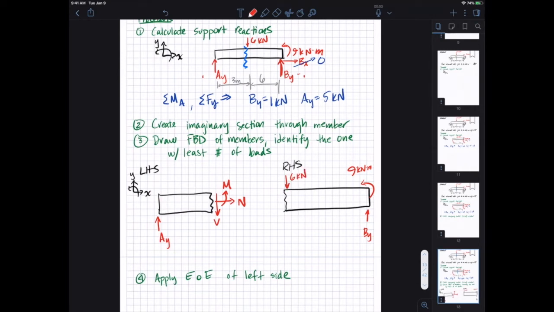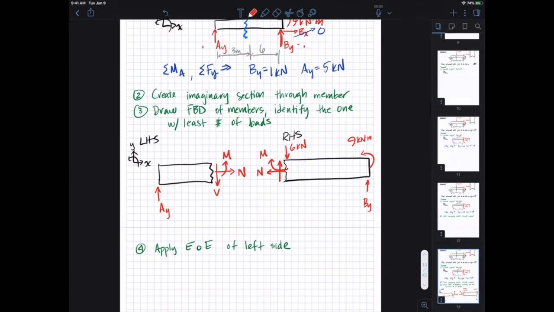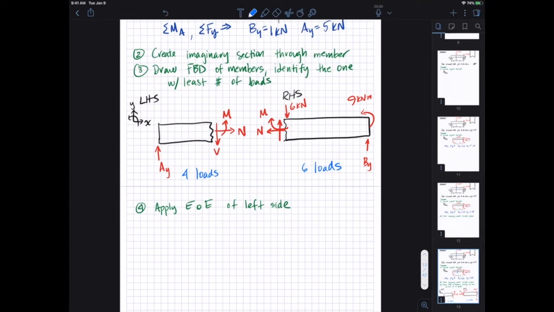And in terms of the internal loads, a positive normal force that creates tension, a positive shear that generates that sort of clockwise spin, and then a concave moment, M. What you can see is that on the left we only have 4 loads essentially acting, and on the right we have 6, right? So let's use the left-hand side first to resolve what the internal forces are at that